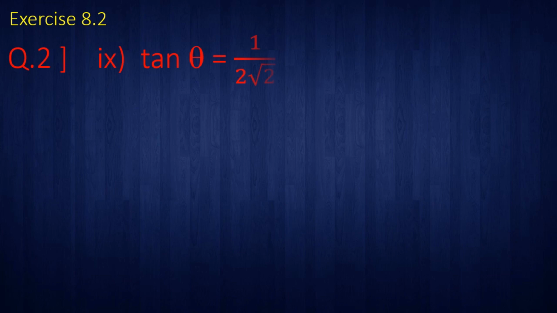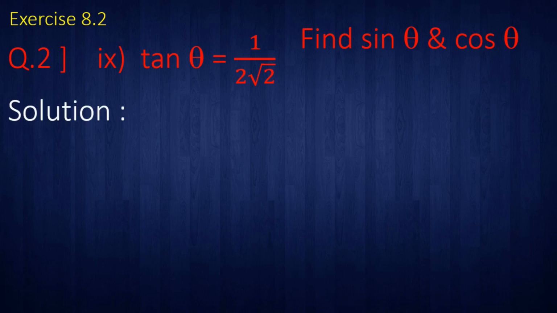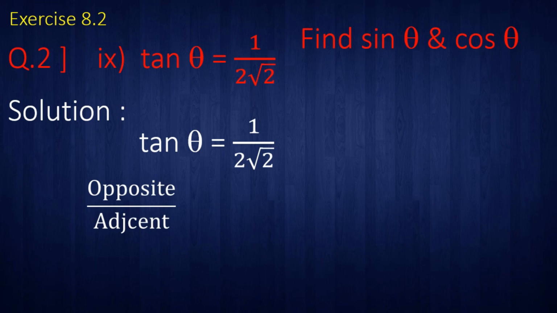Last question, students, 8.2. Tan theta is equal to 1 upon 2 root 2. Tan theta formula is opposite upon adjacent, which is equal to 1 upon 2 root 2. Now,